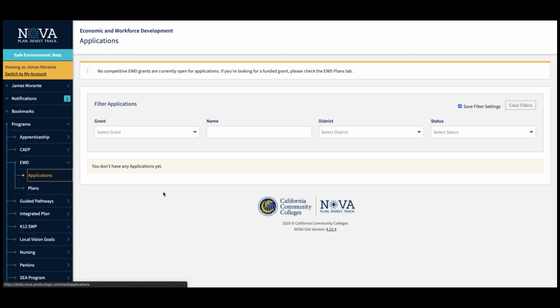So that's the case because year one of EWD, or this year, is not competitive. So this will be more apportionment. So these are not technically applications for a competitive grant. They are funded plans. So if you click on the Plans menu,